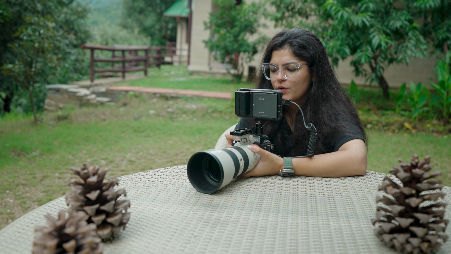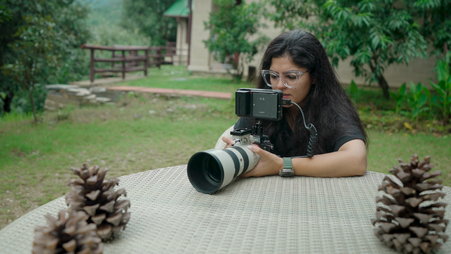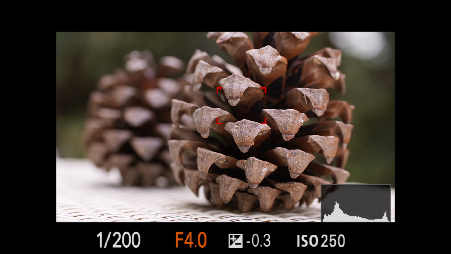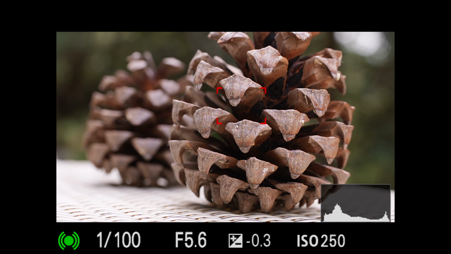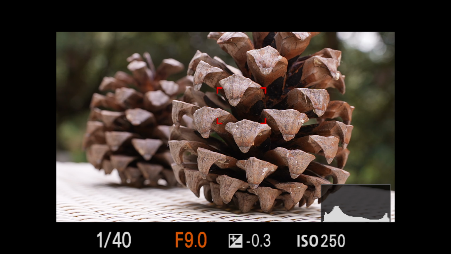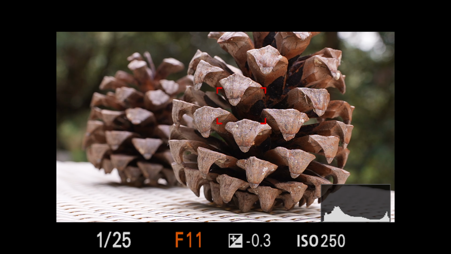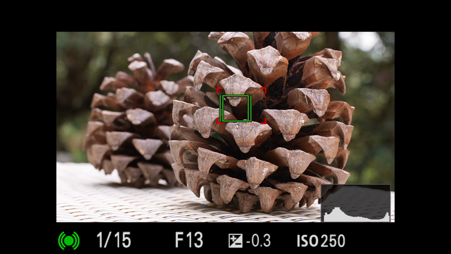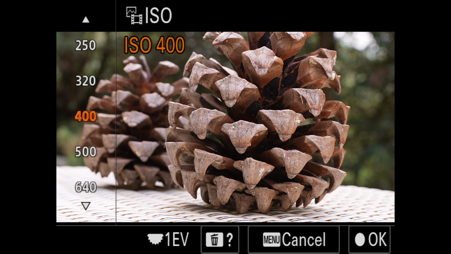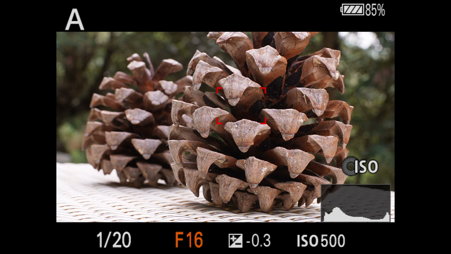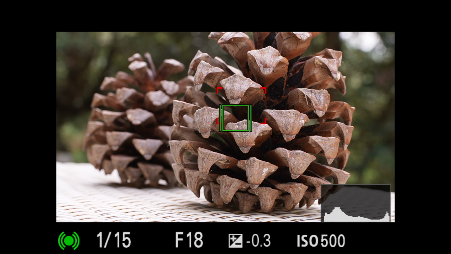Now let's say if I want to increase the depth of field, what I'm going to do is I'm going to stop down the aperture to f4, then I'm going to stop it down to f5.6, and I'm going to stop it down to f9, and I'm going to stop it down further to f13. Let's increase it further, stop it down further to f18 and